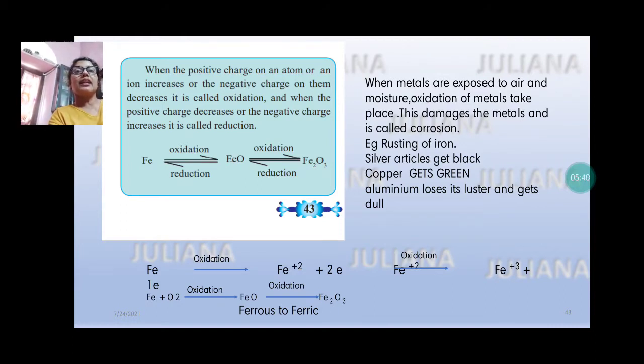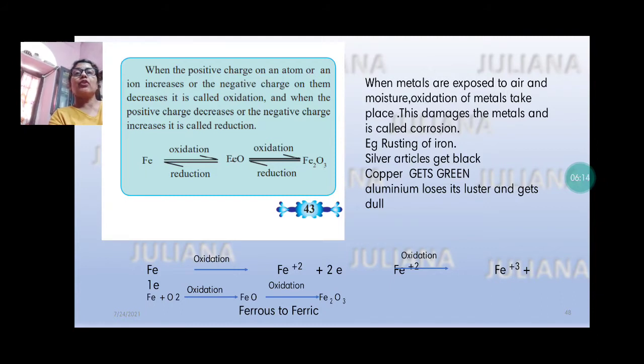For example, iron, Fe, donates 2 electrons to become Fe2+. Then it can react with oxygen, donating those electrons to oxygen to get oxidized to iron oxide. So when the positive charge of an atom or an ion increases or the negative charge decreases, we say it is oxidation. Positive charge increases when electrons are donated, and when electrons are donated, it is an oxidation reaction. And when the positive charge decreases, or the negative charge increases,